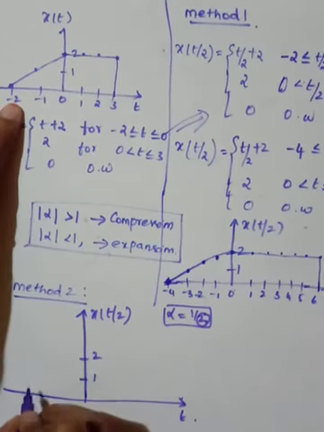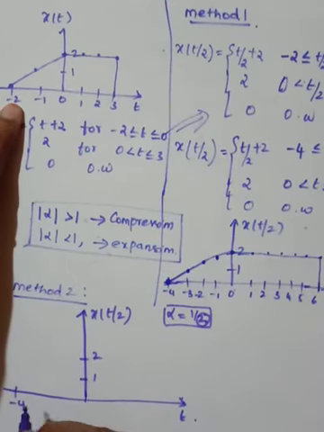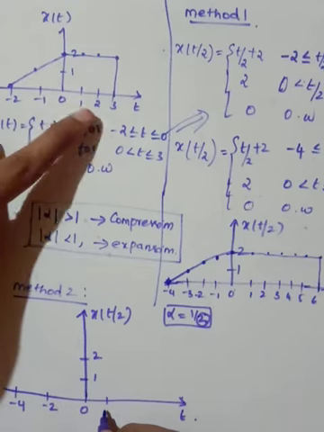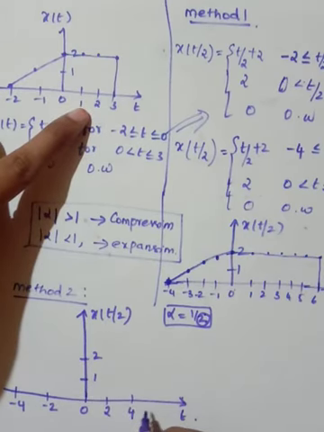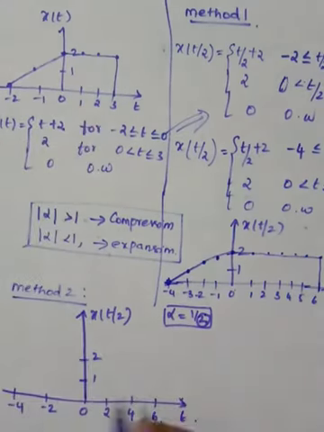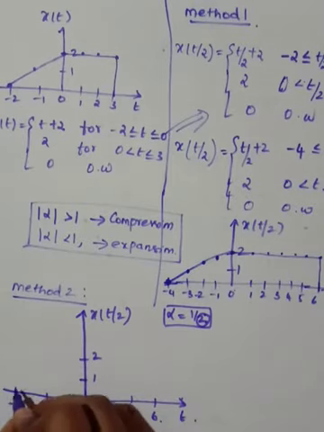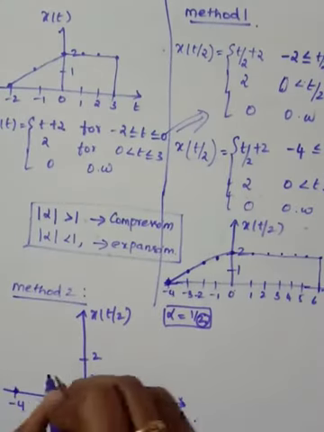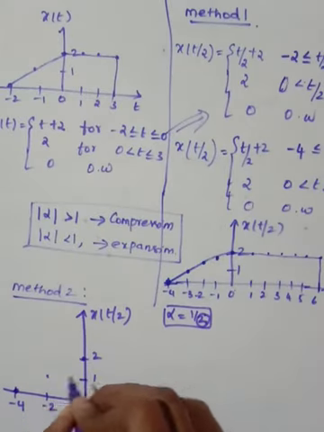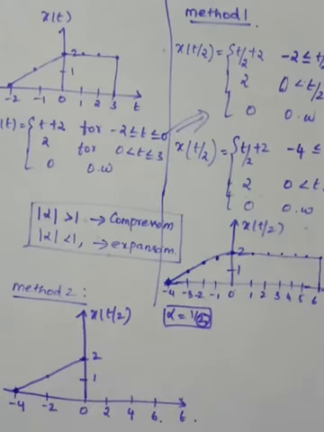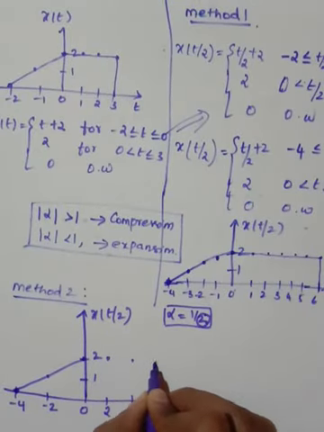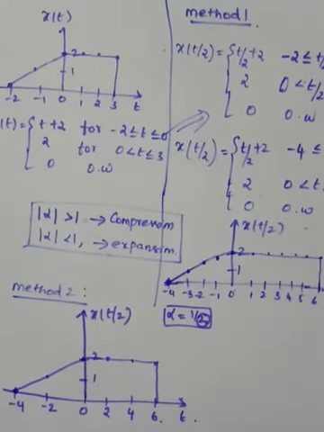So here we need to multiply this value by this factor. Okay, so here it will become minus 4. Then you will have minus 2, then you will have 0, here you will have 2, here you will have 4, here you will have 6. Okay, so now just draw these sample values. Here you will have 0, here you will have 1, here you will have 2. So just represent this. How many samples are there? 4, 1, 2, here 2, here 2. So you will join like this.